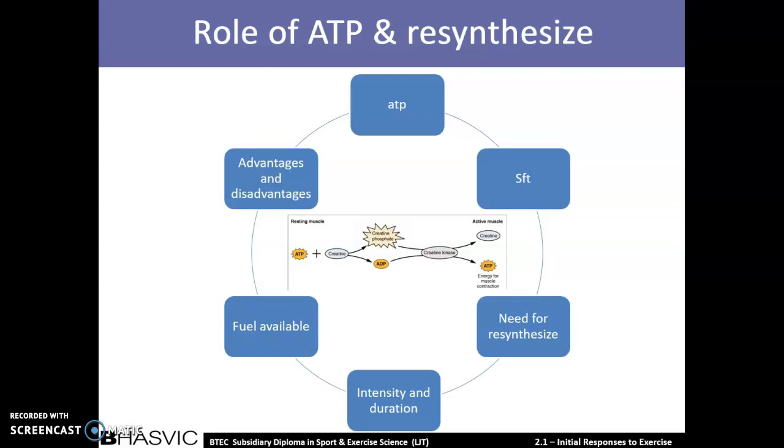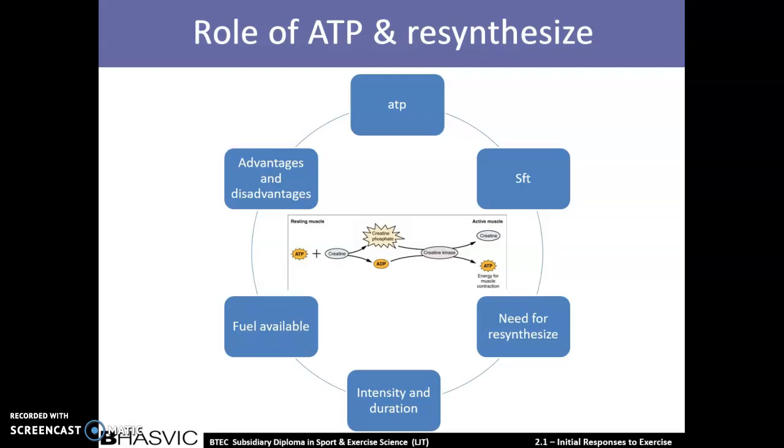These bonds are now adenosine diphosphate, as there are now only two bonds. This is only a 3-second store of anaerobic energy. When this energy is released, it helps to